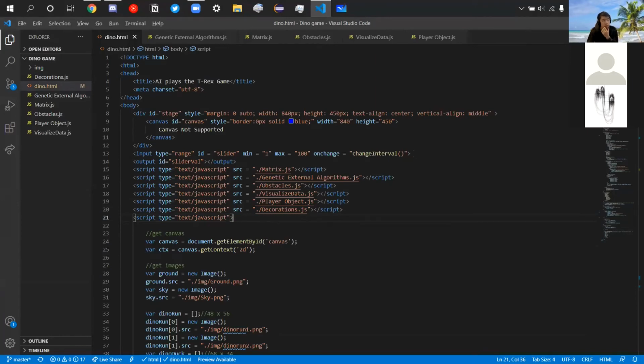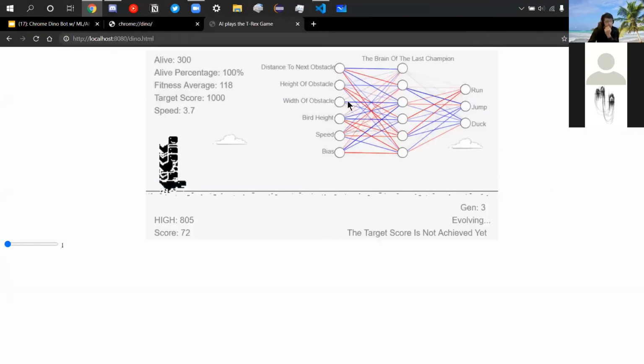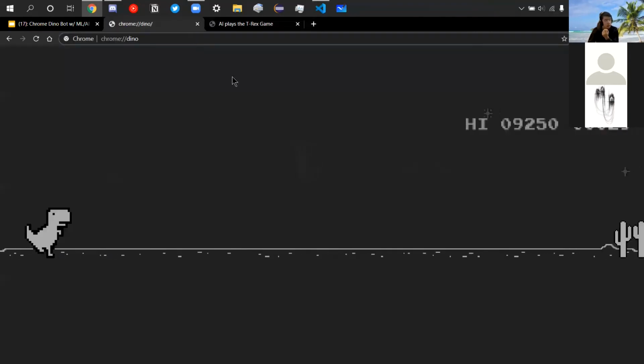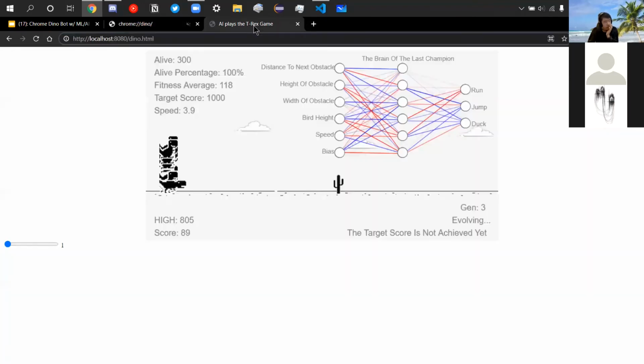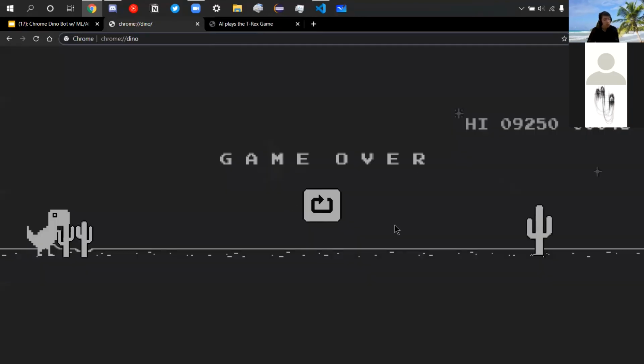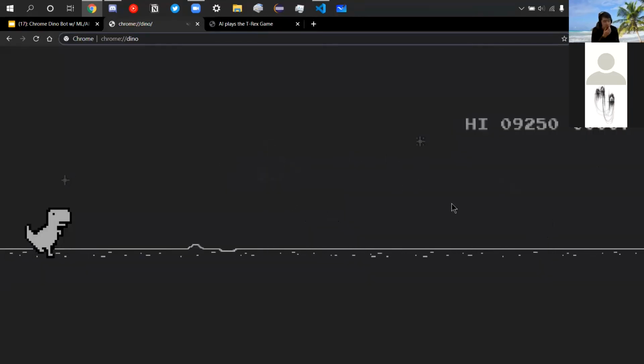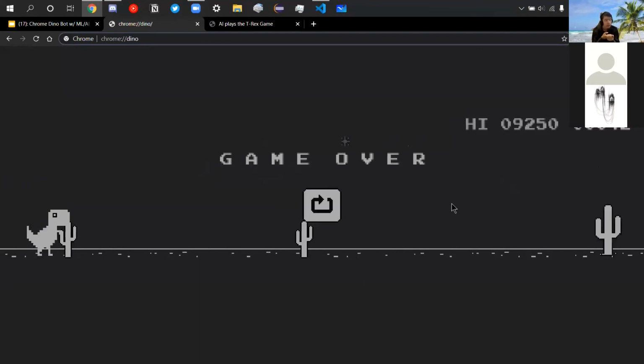Also, really important, I want to mention the reason why we're using this game here. We're not using the Chrome Dino game, right? This is the Chrome Dino game. That's fine. We're not using this one, and we're using our own built-in game, because of a number of reasons, but the main reason is that if we were to use the Chrome Dino game, there's no way for us to grab the input from it automatically unless we're either A, taking screenshots frame by frame, or B, using the console